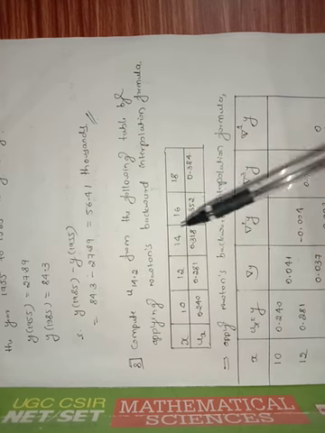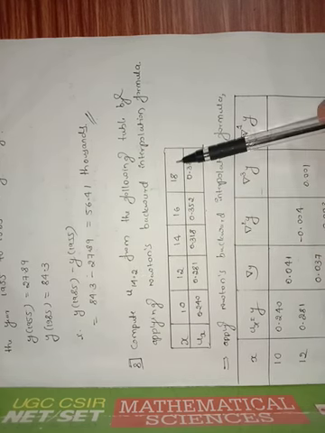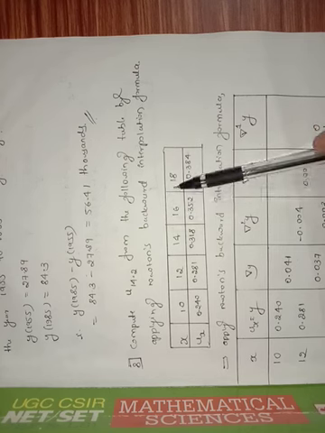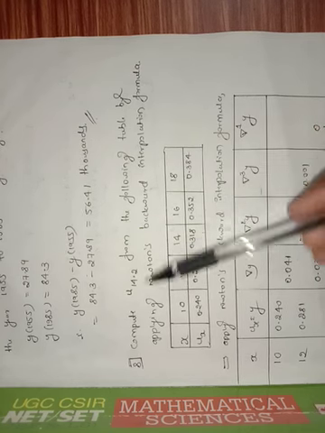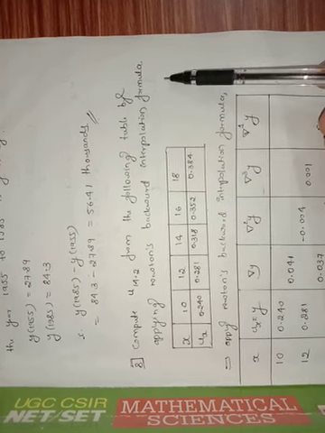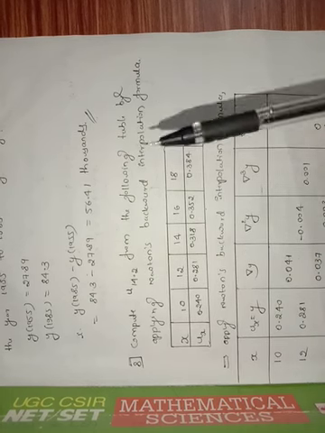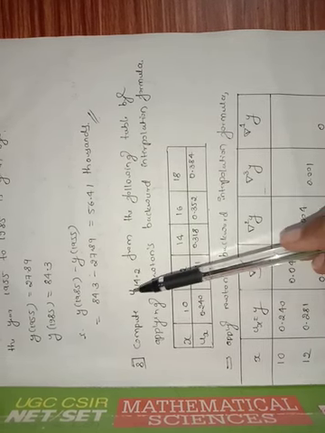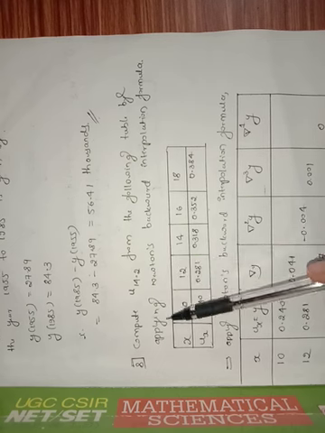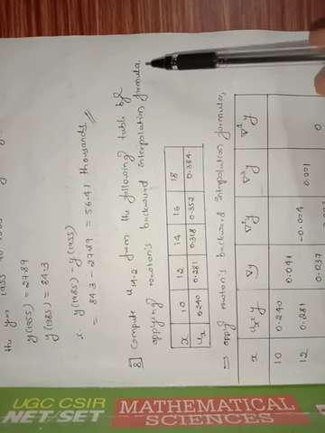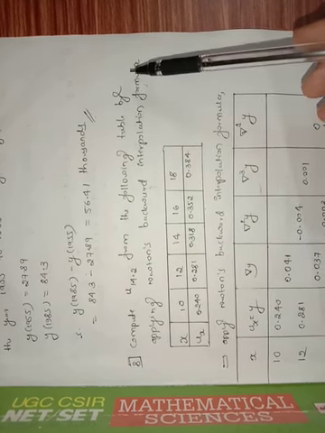14.2 is near to the end value, and it lies in the second half of the table. Then we have to apply Newton's backward interpolation formula. But in the present problem, they mentioned clearly to find u of 14.2 by applying the Newton backward interpolation formula. If they mentioned it, then there is no problem.